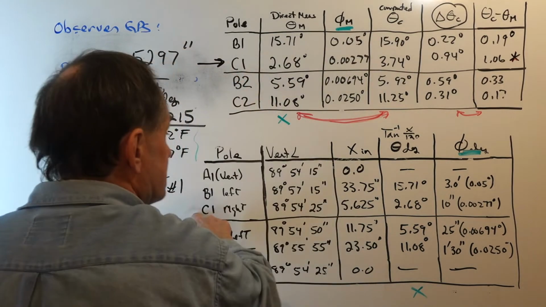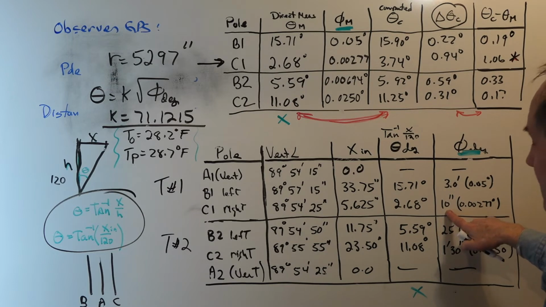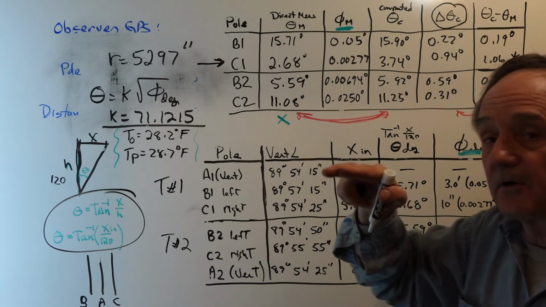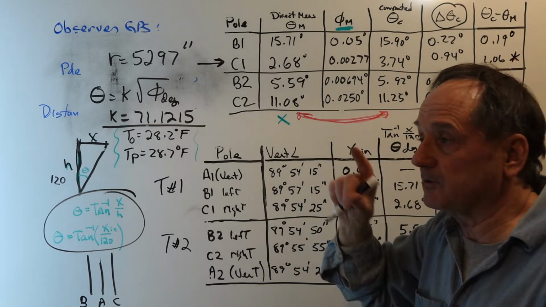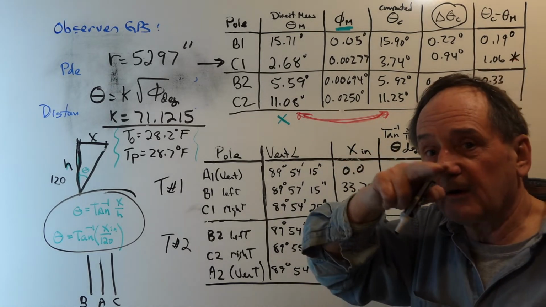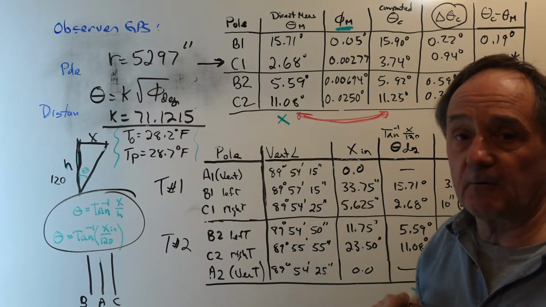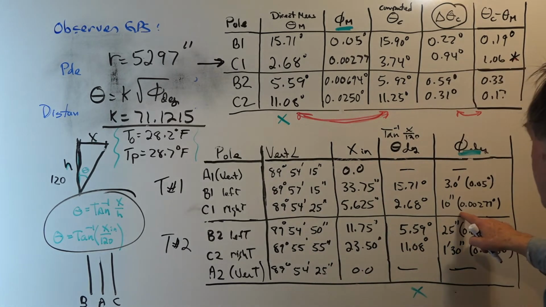If you look, this is C1. For C1, we're getting an angular measurement here on phi of 10 seconds. Well, the best the TOPCon can do is 5 arcseconds, and so the thing is I could very well have been off just by one of the counts on the last digit. I did notice that it was very difficult to get set. Just a little bit of change would give me a 5 arcsecond